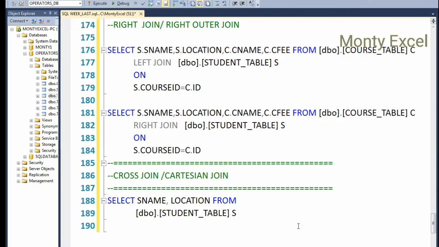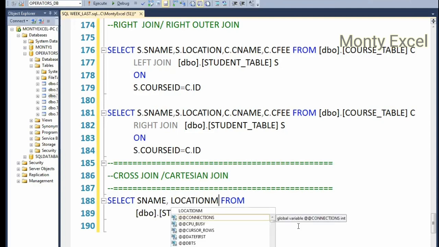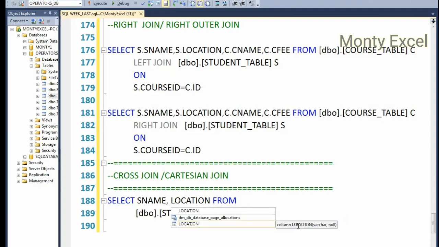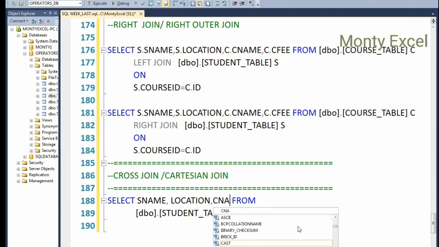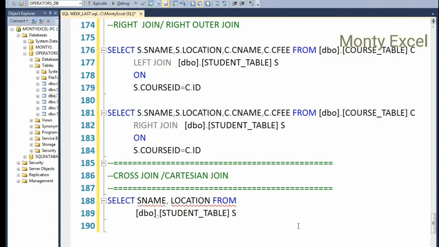So select name, location, and what are the other columns we have? C name. No, C name is not existing from the second one. So let's try to implement in a single table first. I think it should work with the single table, not multiple tables. So student table, then